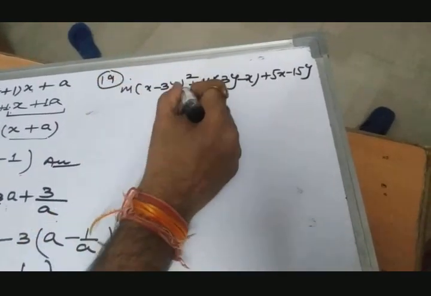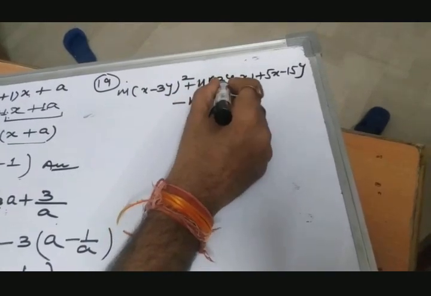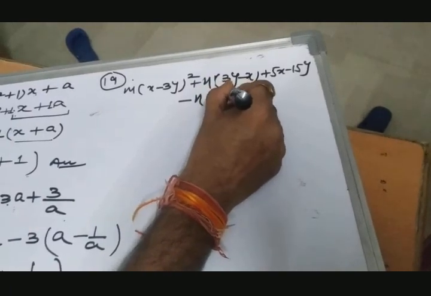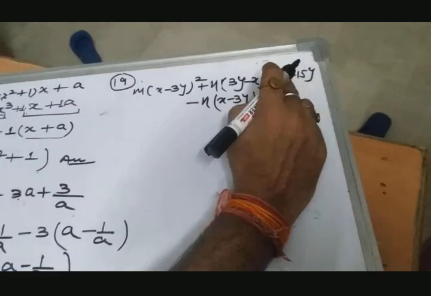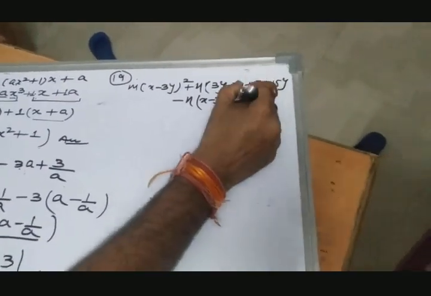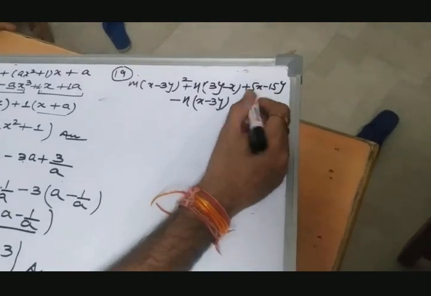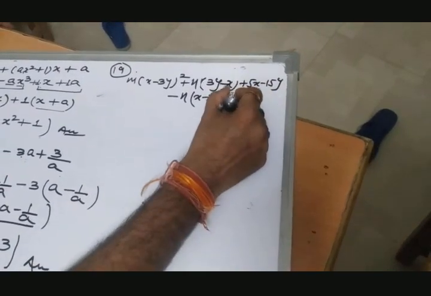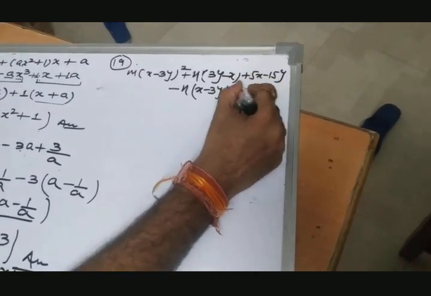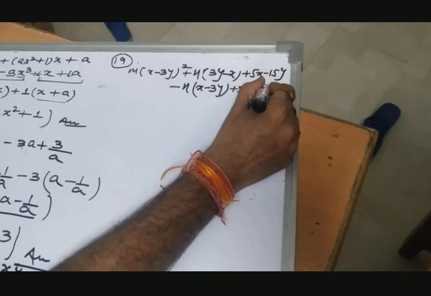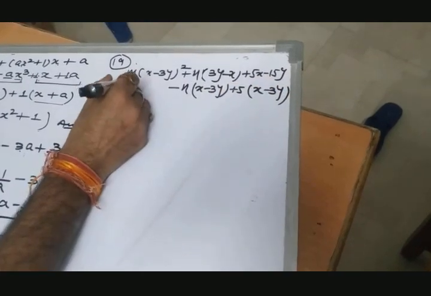To convert into the same sign, we take minus as the common here. So it converts into x positive and y negative. In the last two terms we see that they also contain 5, because 15 may be written as 5 into 3. So 15 also contains 5, and here we take 5 as the common. So 5x divided by 5 and minus 15y divided by 5 converts into x minus 3y.